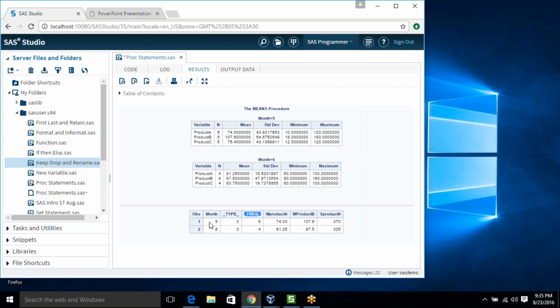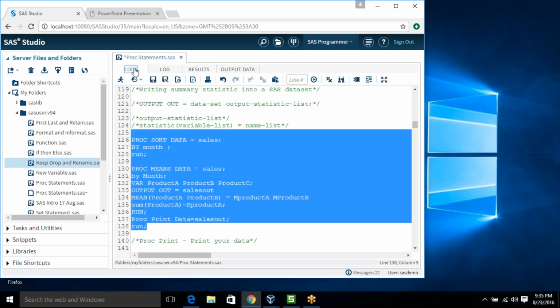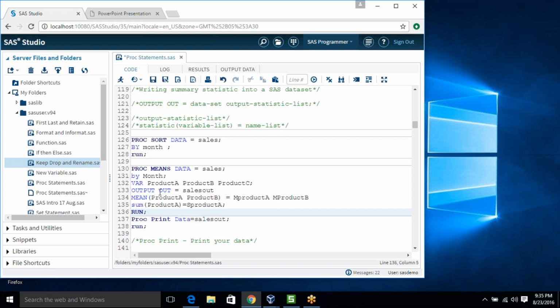For month 5 there are 5 entries, for month 6 there are 4. M product A is giving us the mean of product A at the month level. This is the mean of product B at the month level. This is the summation, or total, of product A, which you use here.